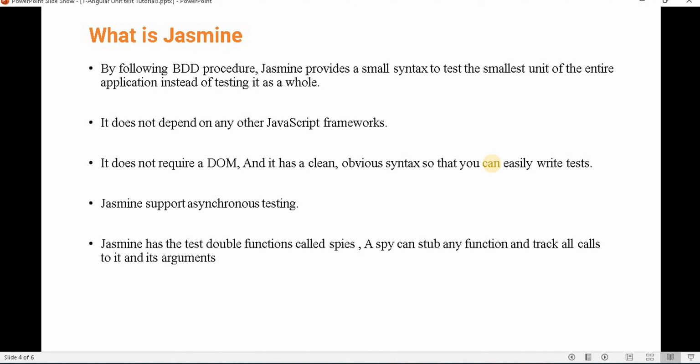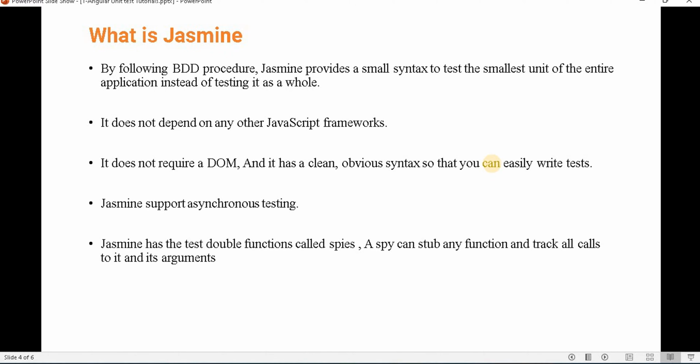Apart from that, it does not require a DOM, and it has a clean, obvious syntax so that we can easily write the test cases. And Jasmine supports asynchronous testing. We know testing Ajax or asynchronous code in JavaScript is very difficult, so Jasmine supports asynchronous testing, and it is very easy to write Ajax tests.